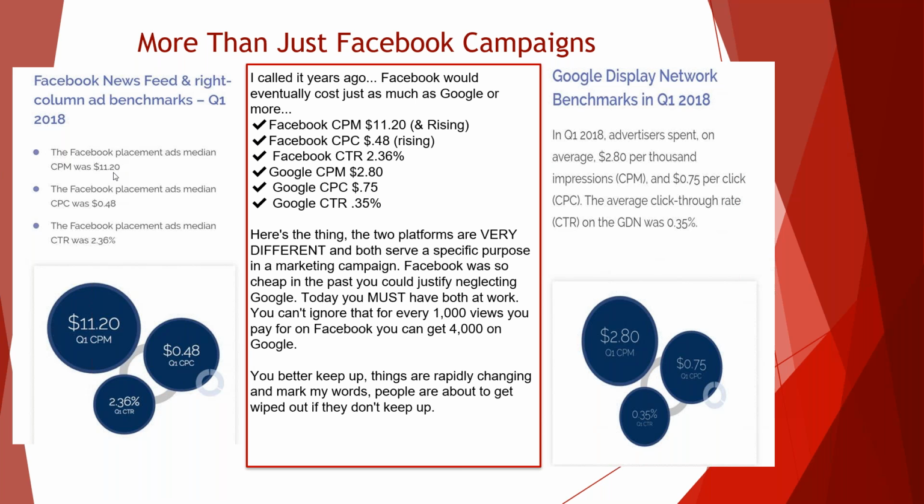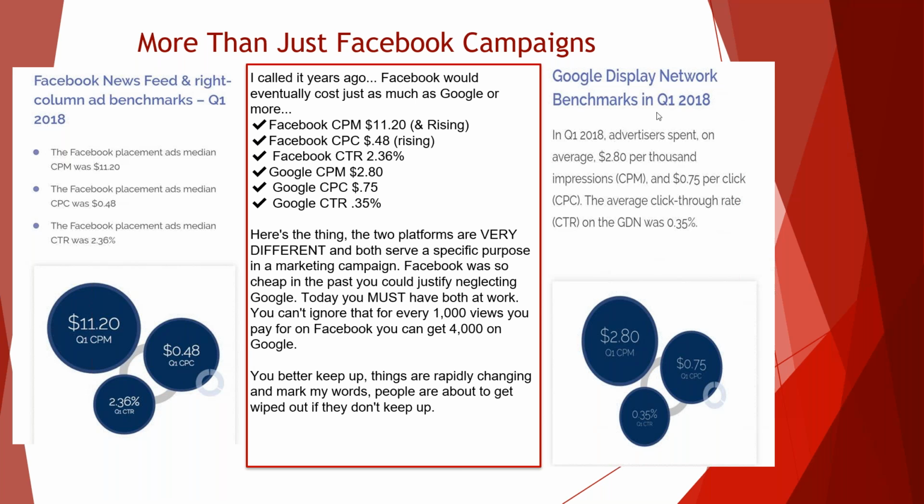typically our households include 3 to 4 cars, 3 to 4 items. You're going to see 2 cars in a house. We have about 10 or 15% if we're doing a P&C campaign that will also request life. On average, you're seeing 3.5 items per lead form that comes in, and that's anywhere from $5 to $10 per lead. All right, and that's really pretty accurate. The Facebook placement medium cost per click is 48 cents per click, and the Facebook placement ads medium click-through rate is 2.36. Our benchmark is 3% or better, so we outperform the average here.